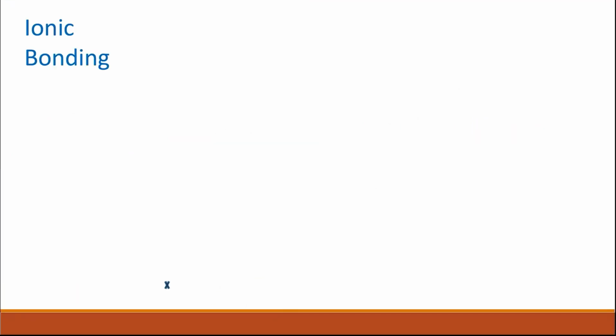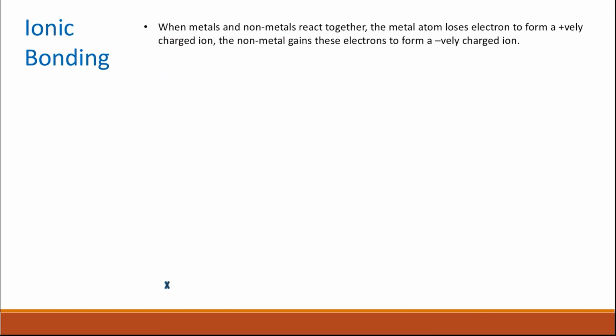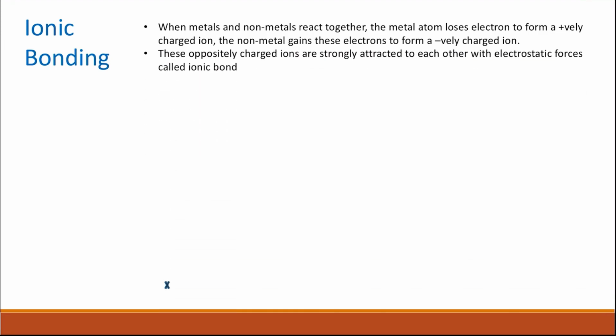Ionic bonding. Ionic bonding is the type of bond that you find between metals and nonmetals. When metals and nonmetals react together, the metal atom loses electrons and it can give you a positively charged ion, while the nonmetal will pick up that electron to give a negatively charged ion. The ionic bonding comes from the electrostatic interaction between the positively charged ions of the metal and the negatively charged